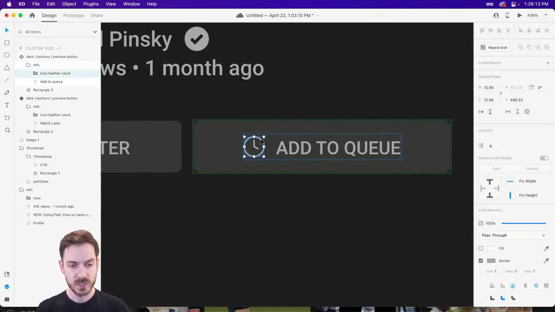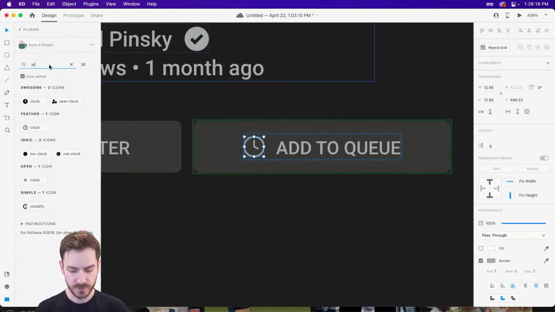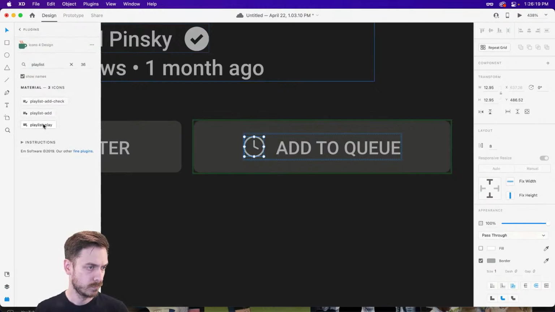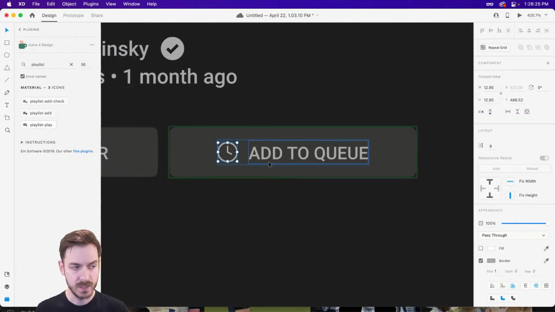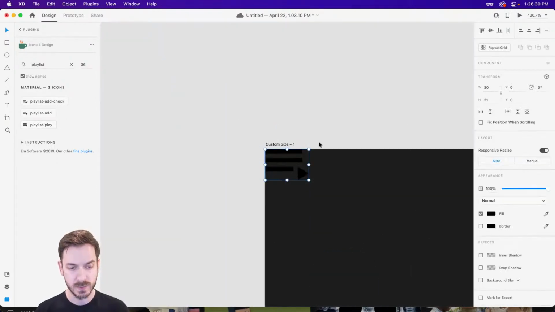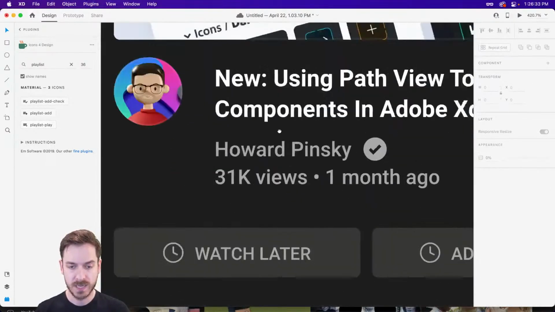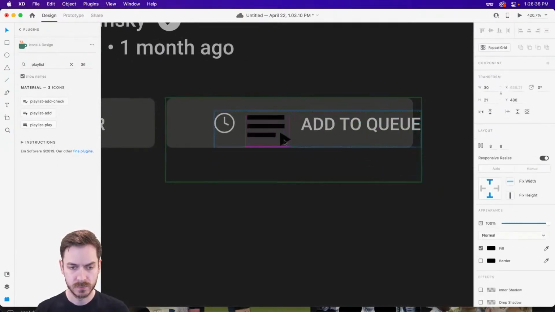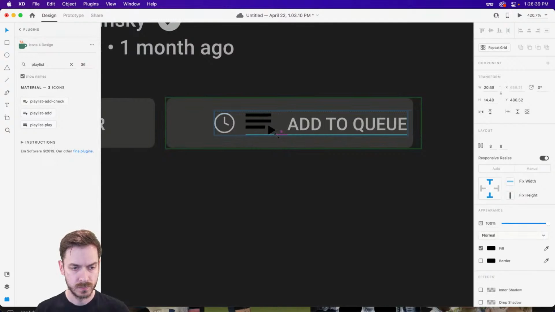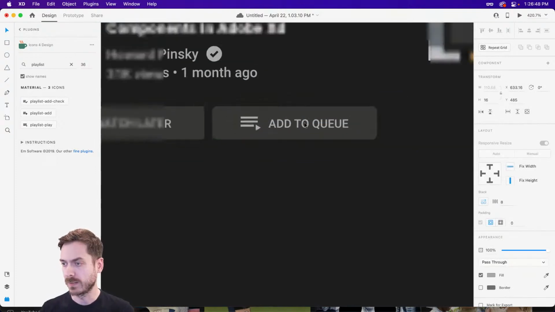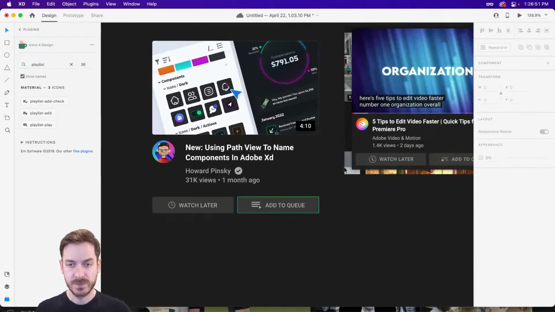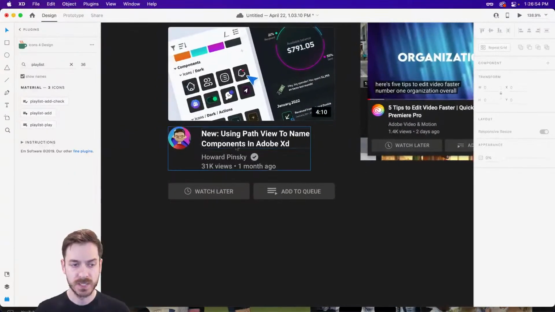Now the icon, we definitely want to swap out this icon with something different. Let's try a playlist. That could work, I think. Where did it go? Did it add it anywhere? It did. Oh, I don't think this plugin works inside of a component. So I'll just copy that, hop down here and paste it. Delete. All right, should be good. Perfect. All right, so we have our buttons,